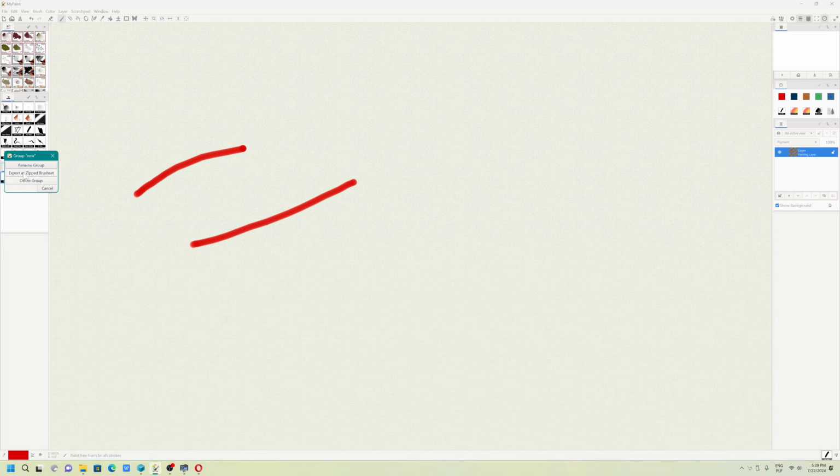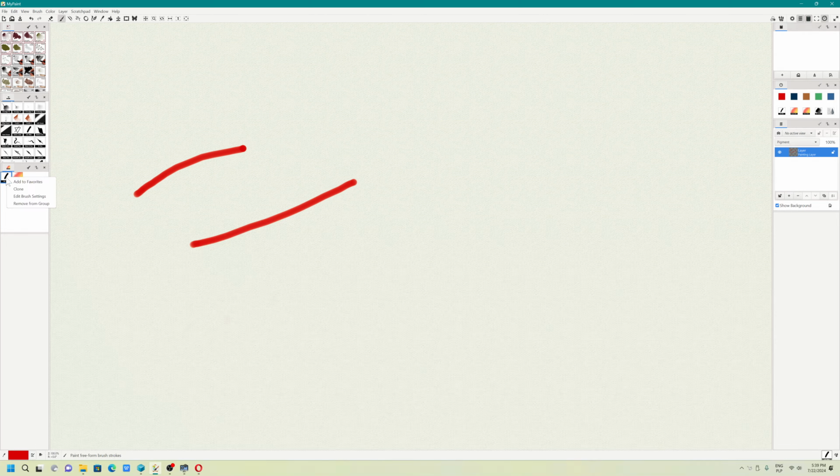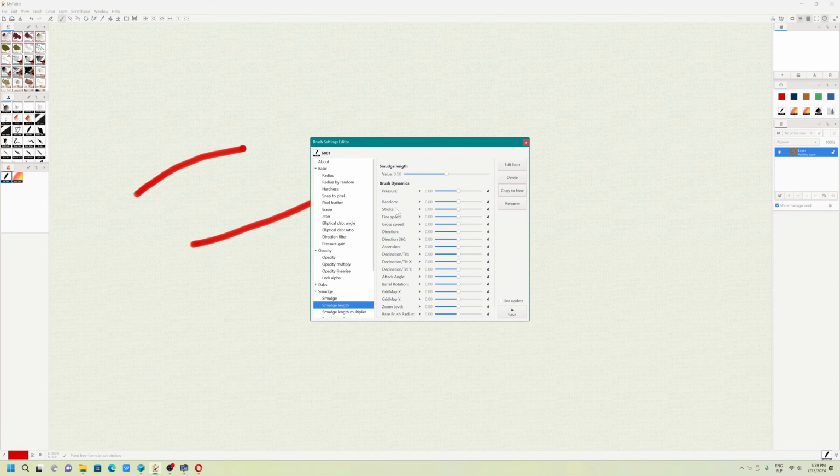Export as zip brush set. Your custom brushes. And there is one setting which you have to pay attention to. Opacity,